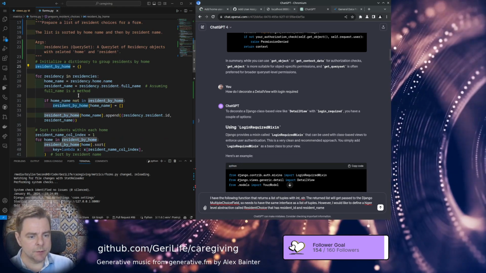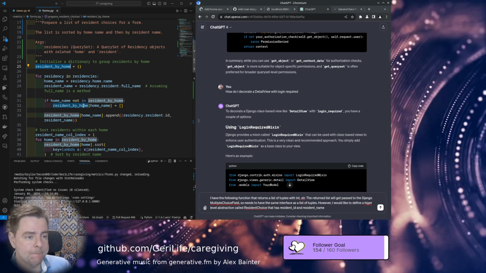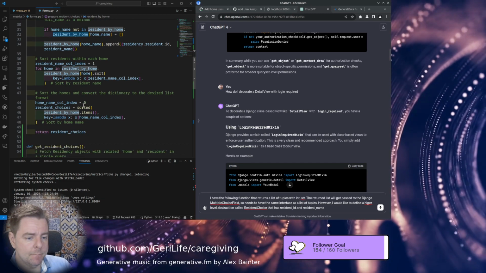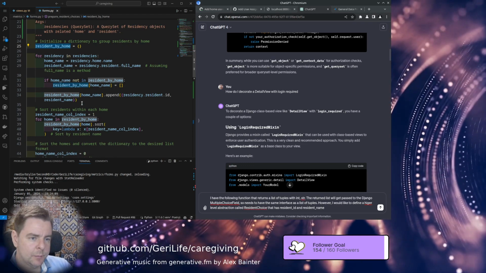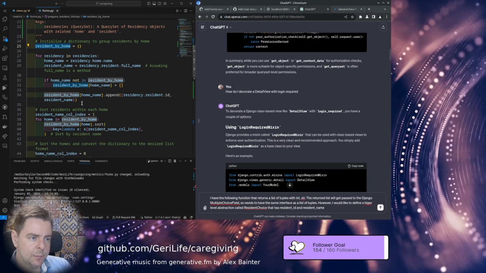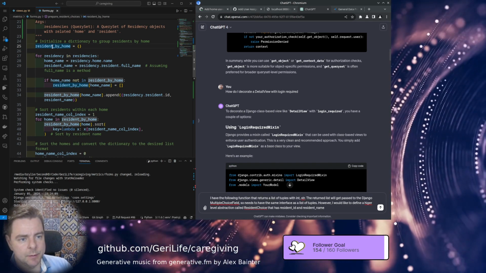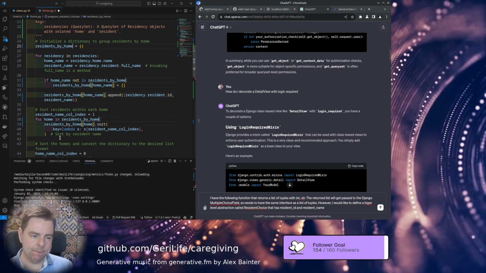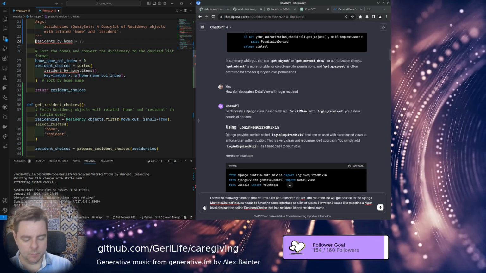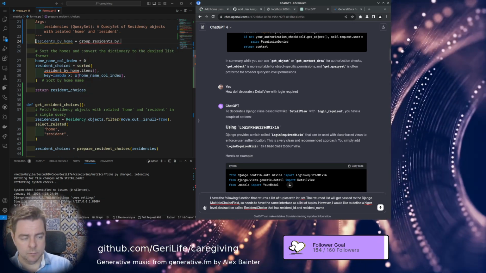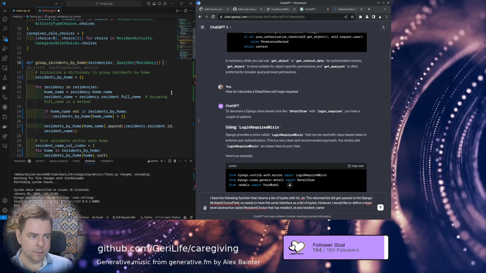So part of this being explicit is to make it easier to understand. So we've got a dictionary, and we create a key for each home name. Then we split it out. That's the tricky part. So technically this should be residence by home, right? So let me just do this. And is grouped by query set of residency. And this will return a dictionary where each